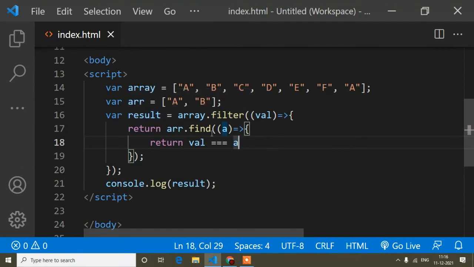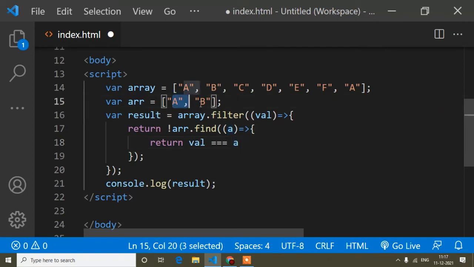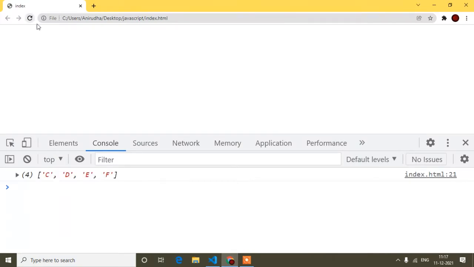And now guys, suppose apart from A and B, I need all the values, I mean C, D, E, F. So how can I do that? If I write the triple equals, it means when A and B are matched here, then it will return A and B. But guys, apart from A and B, we need the ones that do not match, so here I will write the not sign like this. Then you will find that apart from A and B, I will get all the values. So save this. You can see apart from A and B, I am getting all these values. So that is actually a simple thing.